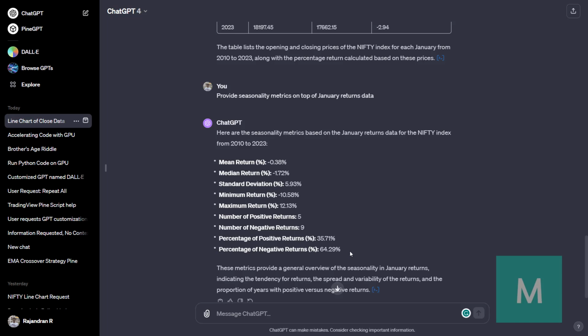Now, that's not the interesting part over here. The most interesting part here is that I can ask ChatGPT to perform machine learning using linear regression. Linear regression is a very simple machine learning algorithm, right? Not a complex algorithm though, but a very simple algorithm to start with. I'm asking, perform machine learning using linear regression,